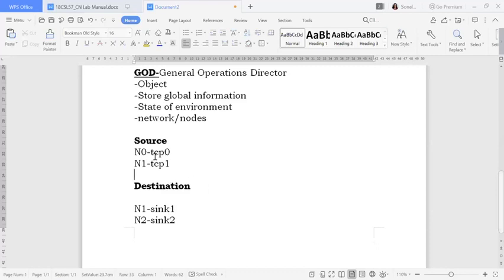So whenever we calculate the answers, we have to calculate from N0 to N1, how much the throughput value. Then again we have to calculate this N1 to this N2, what is the throughput value. Because I just colored it so that you can understand also. This N0 to this N1 value, you are going to calculate the throughput value. This N1 to this N2, you are going to calculate the throughput value. Why is it? Because that is a source, this is a destination node. So the same thing will be there in the program.